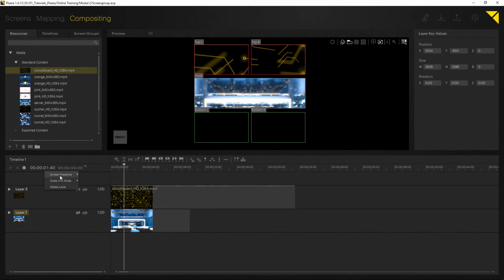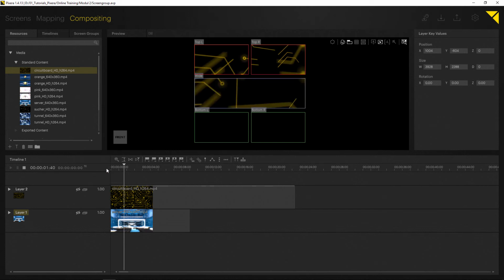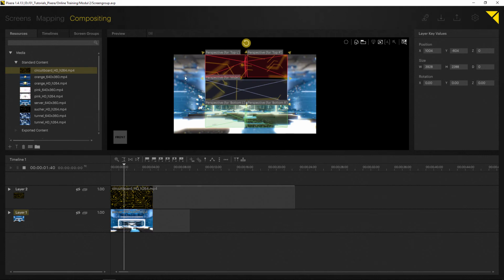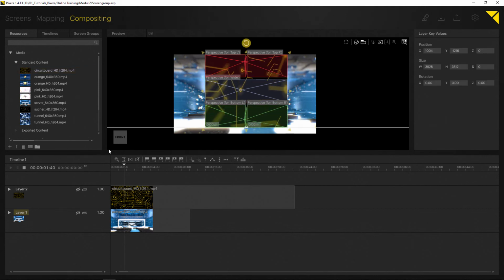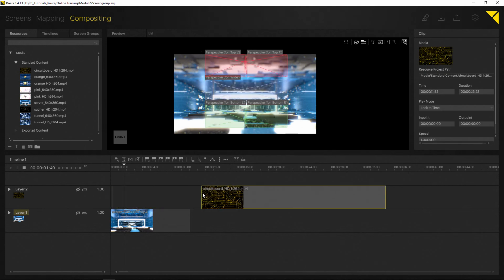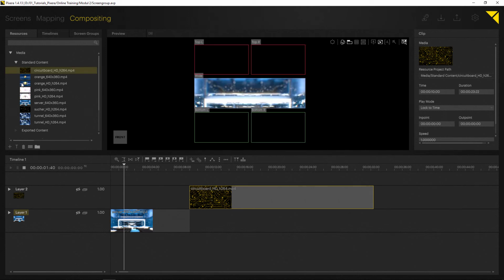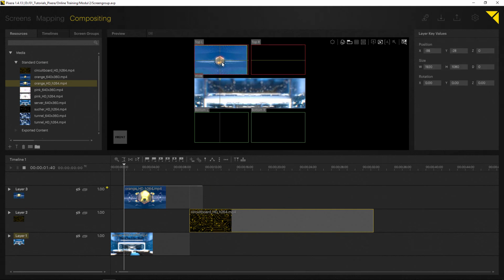Now, if I was to set this on all screens, as you can see, it will now render on all available screens. And by doing so, you can quite easily create setups where you can separate content rendering onto